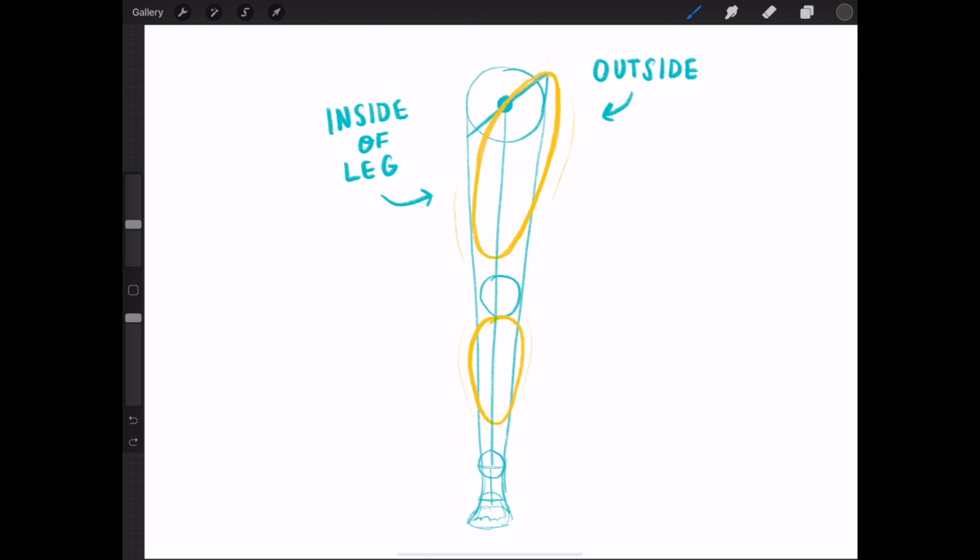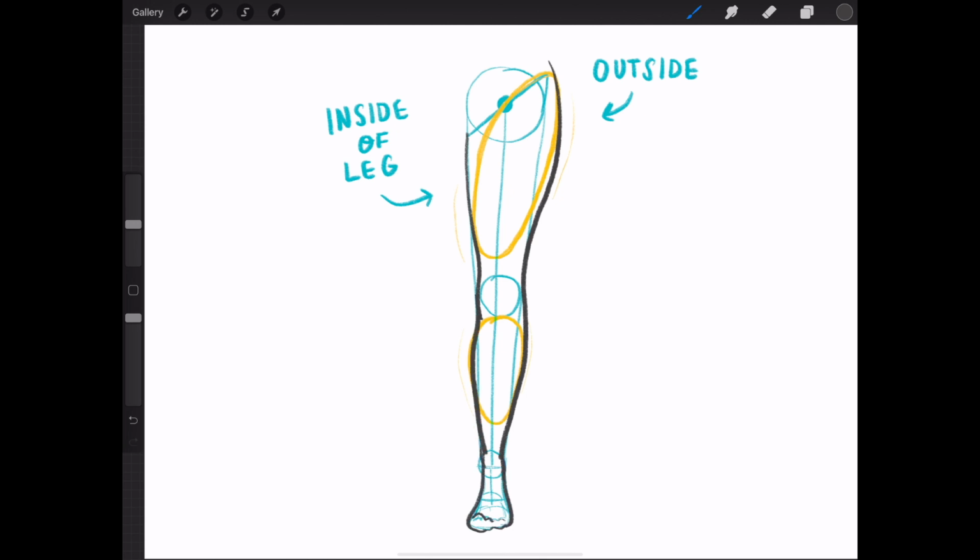On the outside of the upper leg, we have a curved line. On the outside of the lower leg is another curved line for the calf muscle. Again, the widest part is about 1/3 of the way down the lower leg. Then it narrows down to form the ankle. On the inside, the upper leg has some curve to it. There is a little bit of curve on the calf,